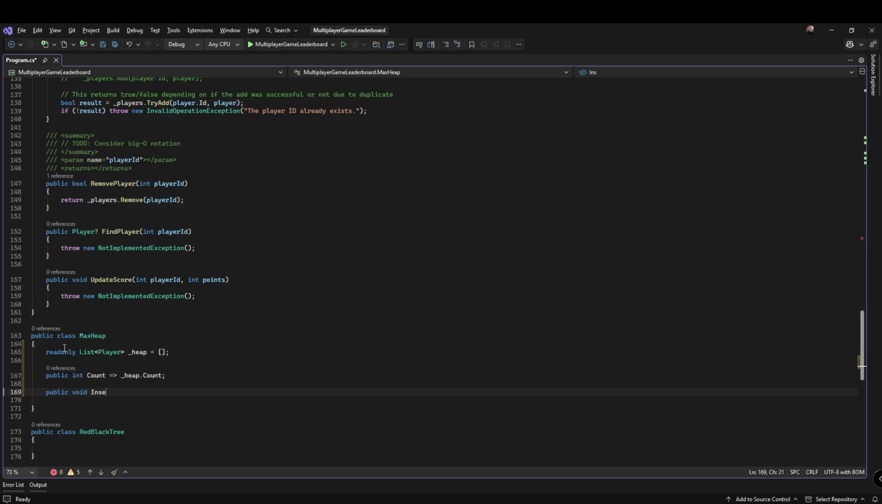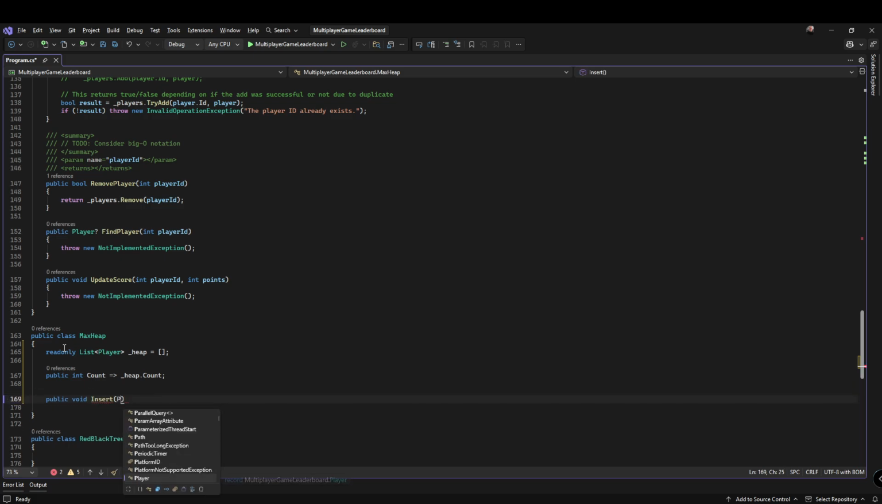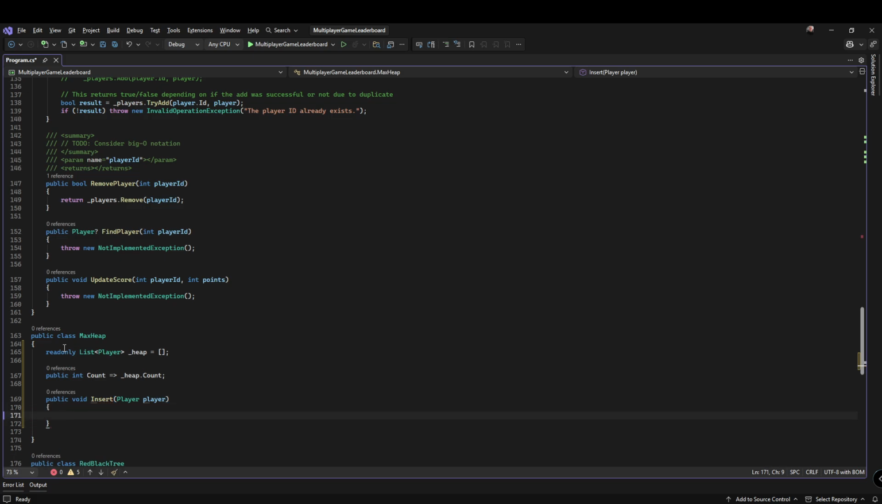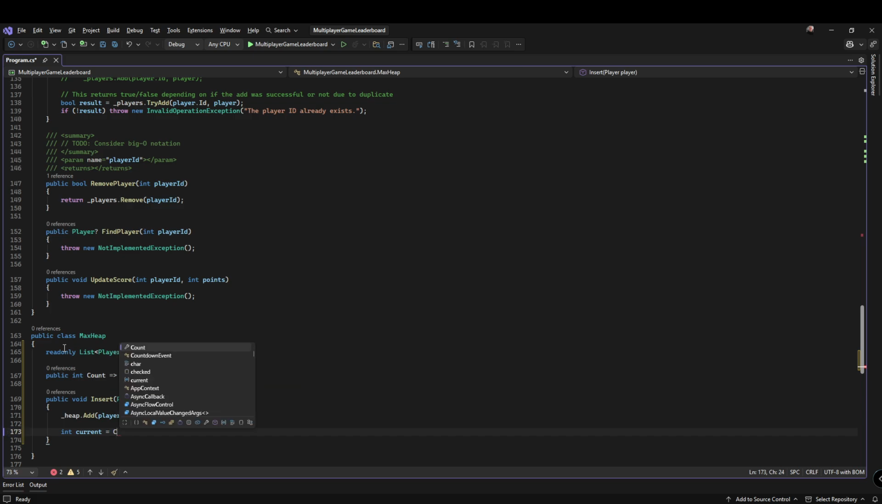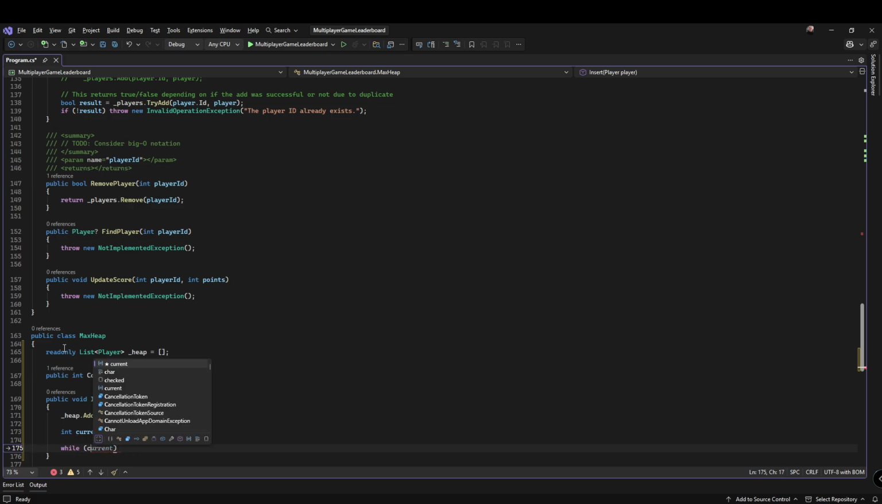So public void insert player. So something like this. So we'll have add to the heap. Int current. So I believe that's what we did before. So we start at the end, so we can just use our count we just did. So they will at least use it internally. So while current is greater than 0,